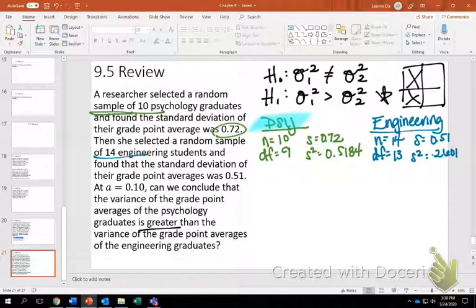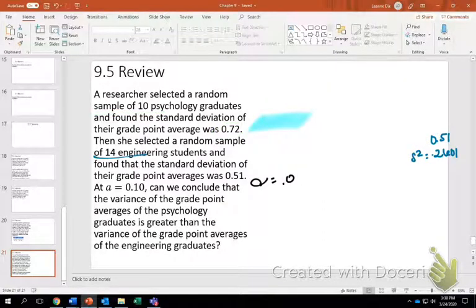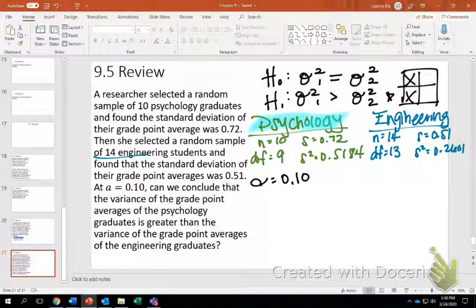But let's pause for a second and find our critical value, which is the next piece. Critical value, again, is based off of alpha. It is a one-tailed test, so I don't have to worry about that. All right, so alpha equals